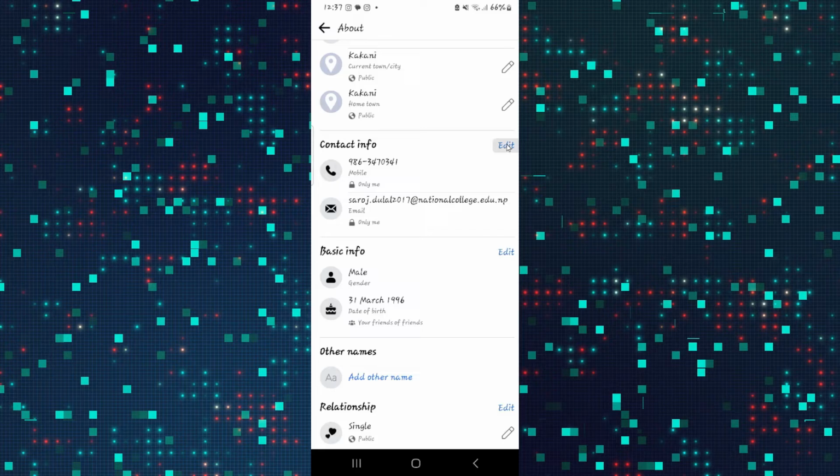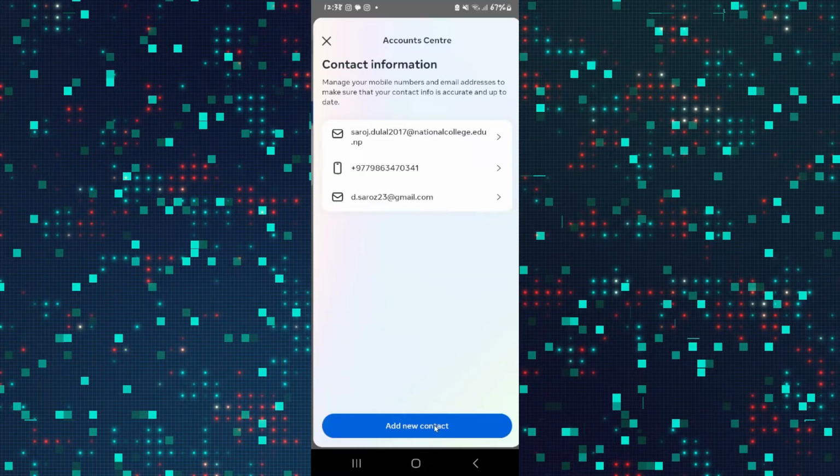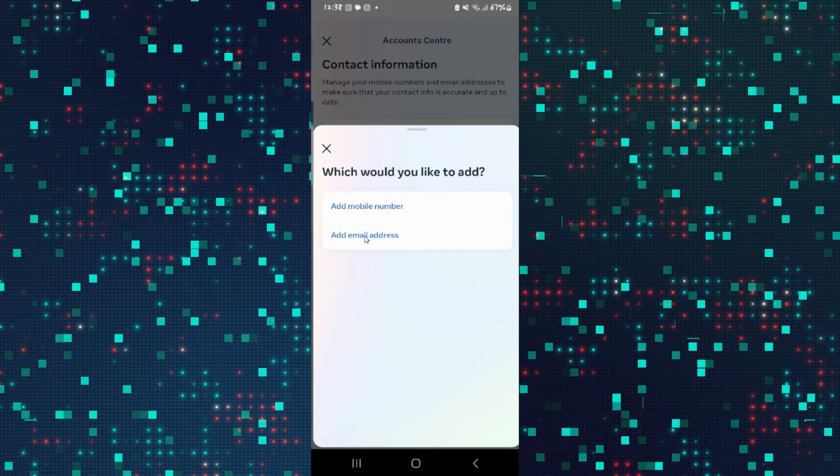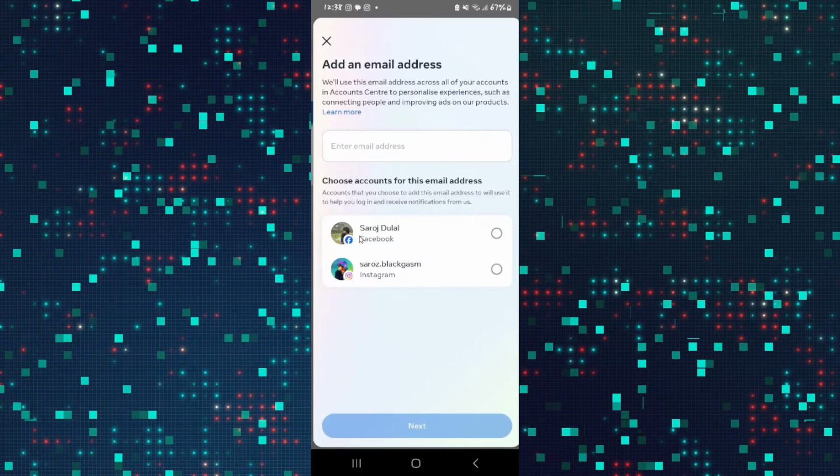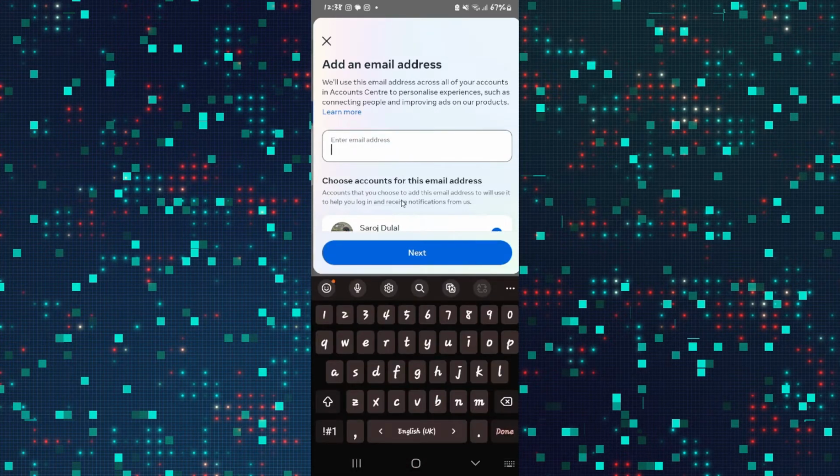Tap on the edit button and now you can tap on the add new contact option. After tapping on the add new contact button, you can tap on add email address and then proceed with adding your email address. After choosing your Facebook account, go ahead and type in your desired email address and tap on